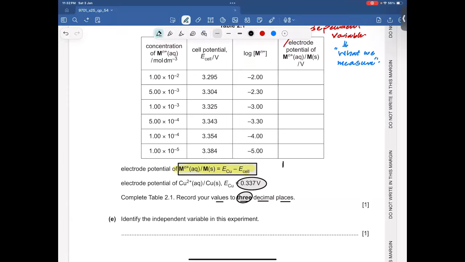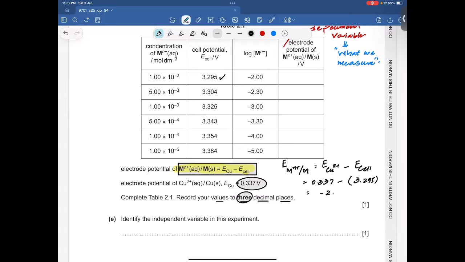Electrode potential of the Mn plus M half cell equals the electrode potential of the copper half cell minus E cell. So the electrode potential for copper is 0.337, minus the E cell value here, which is 3.295. When we subtract these two values, I'll get the answer, and the answer is going to be